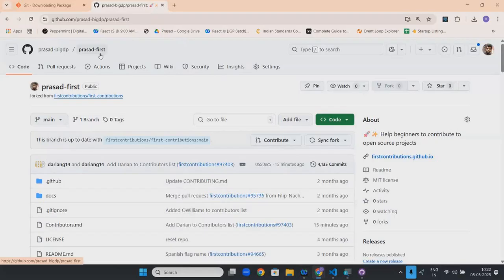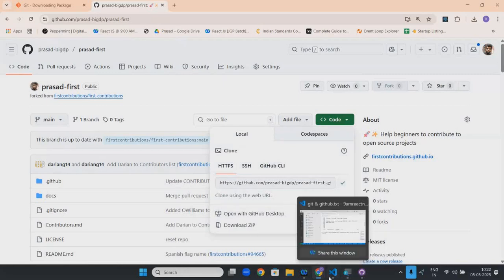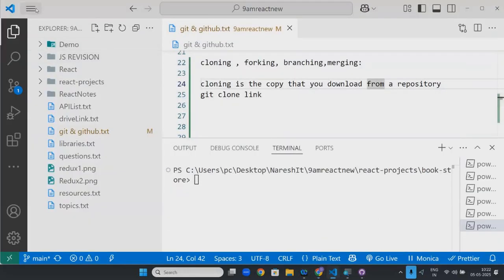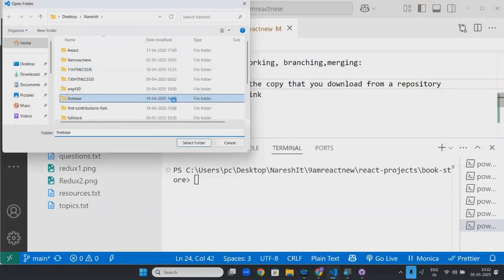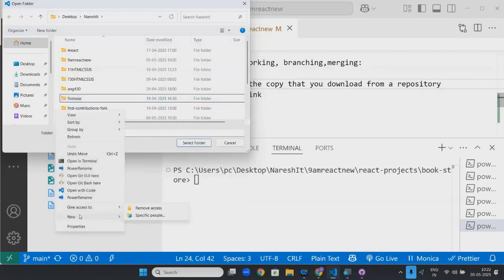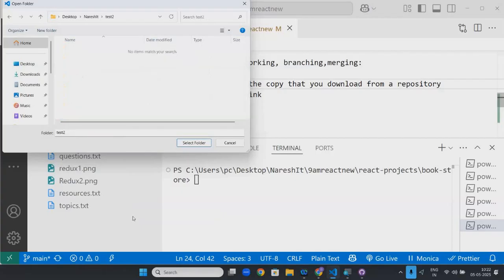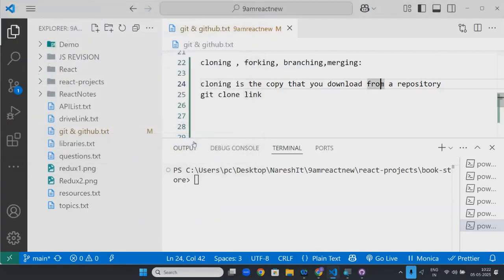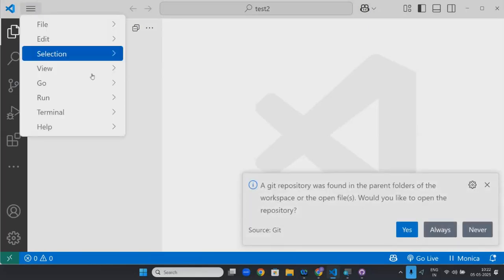Now it is in my Prasad account only. I can clone it now. I can do my changes because it's my account. Copy. I will go here. I will just put it here. Folder. Test 2. Is there anything inside this folder? No. Go here.